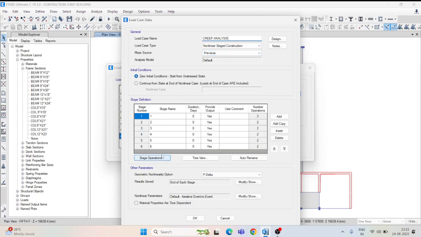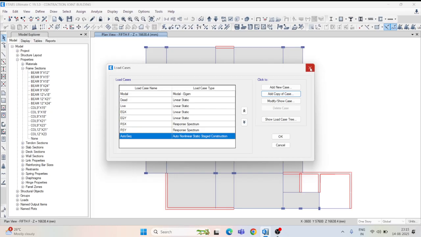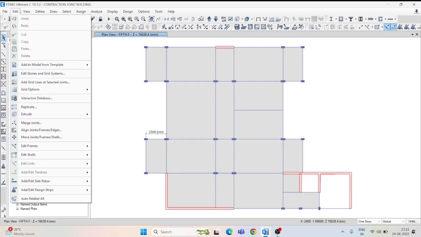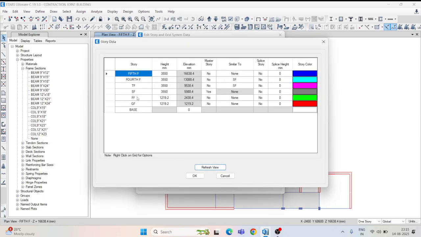Okay, and here see how much floor it is. You will have to see again, just go back, go to edit story data, and here you have to see how many floors: ground floor, first floor, second floor, third floor, fourth floor and fifth floor, up to fifth floor.